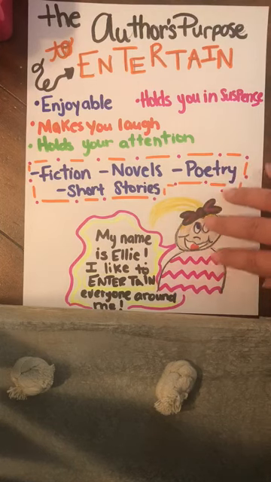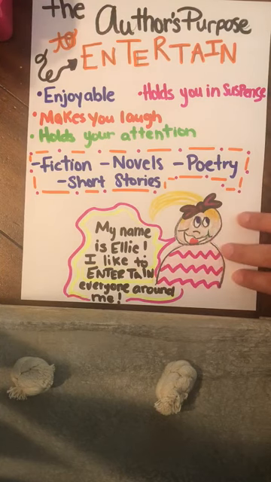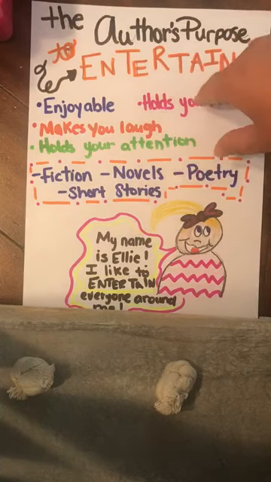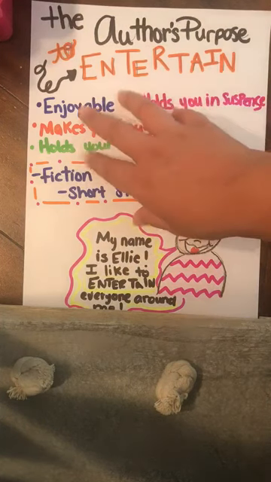Now we're going to talk about this little girl down here. She says, "My name is Ellie. I like to entertain everyone around me." So notice how Ellie has a smile on her face. She looks really happy. If the author is trying to entertain you, then we would know that because it's going to be about a story, maybe about something that's happening. They might make you sad. They might make you happy at the same time. So really look out for these